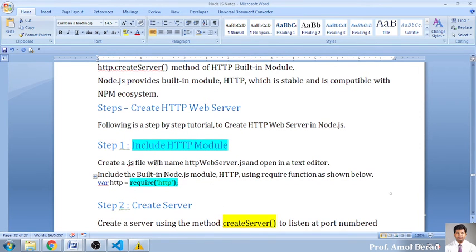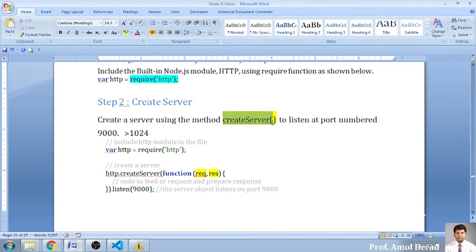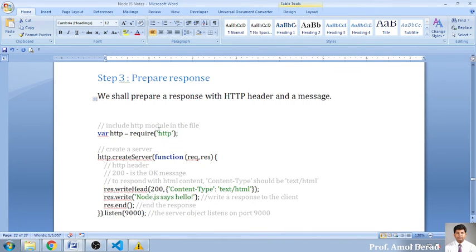I again revise it. First step is nothing but you have to create a request HTTP object. Second step is that you have to create a server, and on what port you should specify it in this section, that is using a listener function. Third step, you have to create an object of your response.